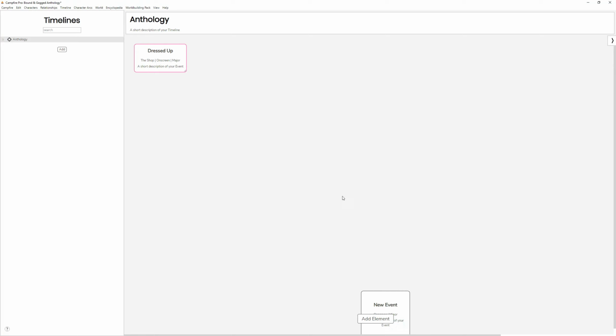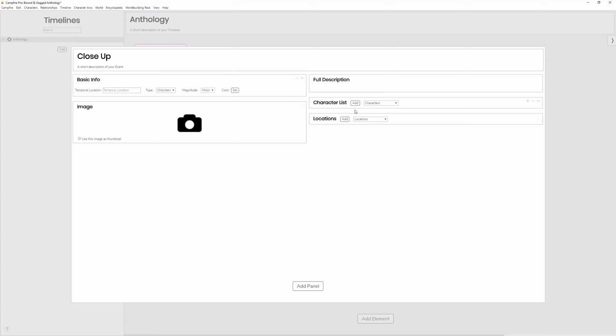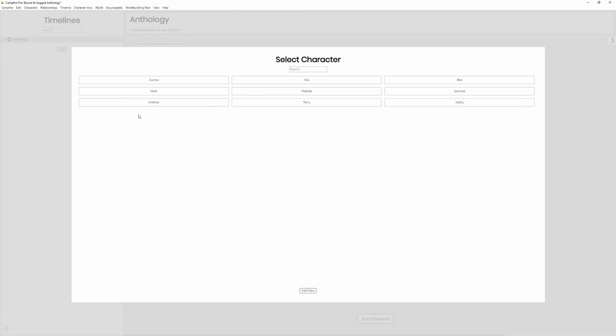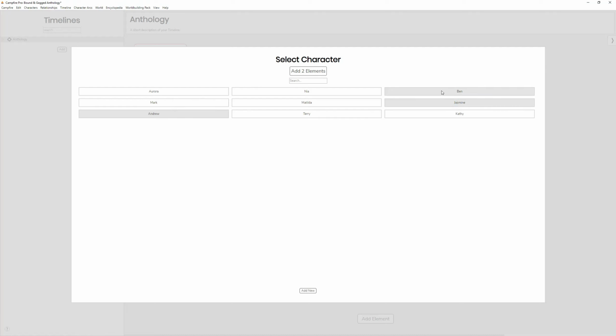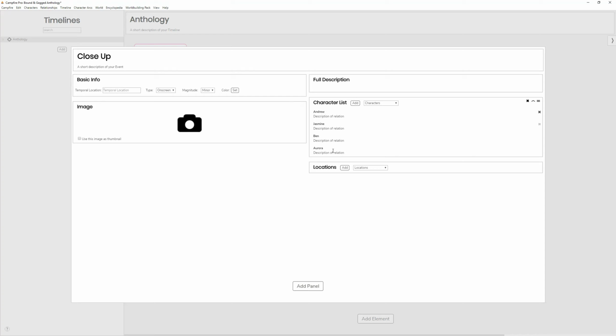Let's see, another event, and we can call it, I think, what was I going to call it? I think I was calling it close up. Yeah. And that is also a main one. So that's going to involve Andrew and Jasmine. Ben's there. We kind of see her. Yeah, so we see all those folks. So they're going to be there. And then again, you can add in who's going to do what. However, in this short story, it's not actually going to be,